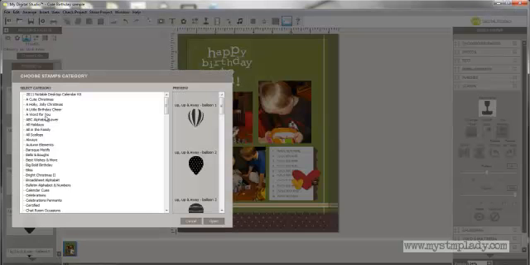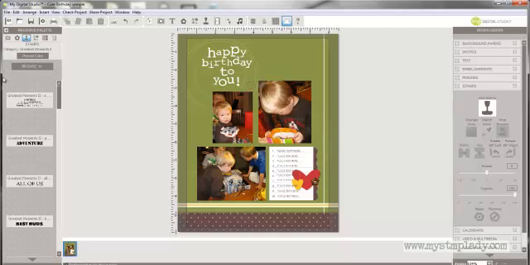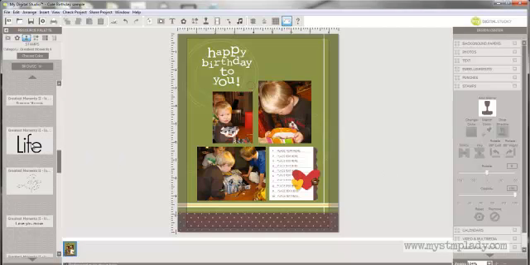browse, and I want to go to greatest. Now this will open up all of like a stamp set. I think this is the one I want. Yes. So I'll say open, and now you can use them just like you did on the other side, but now I have this stamp set that I'm picking from. And I want,